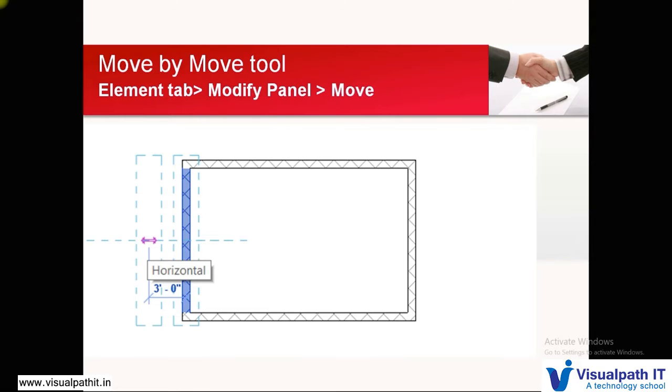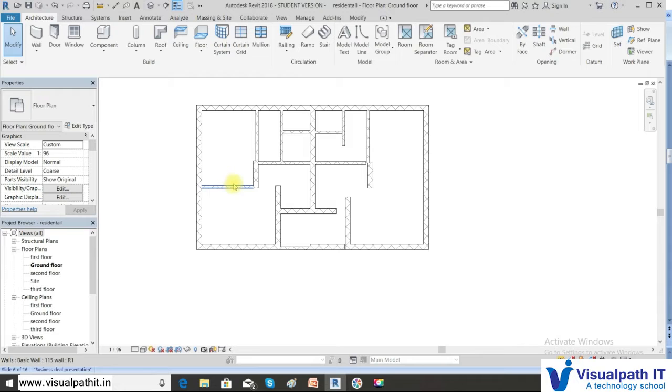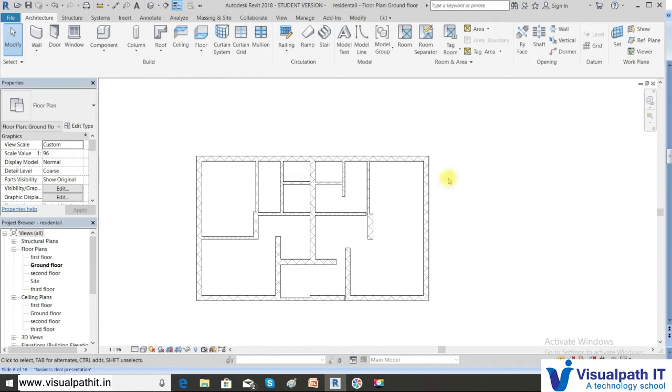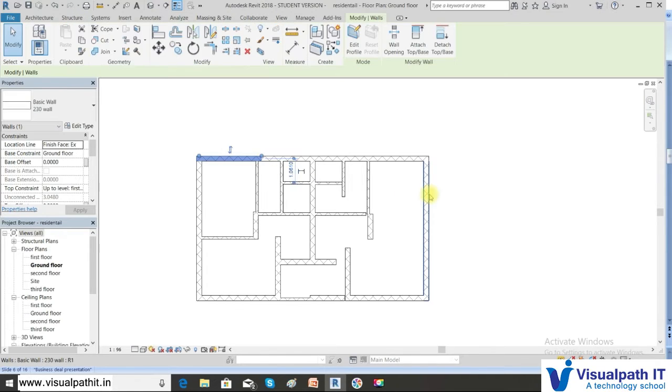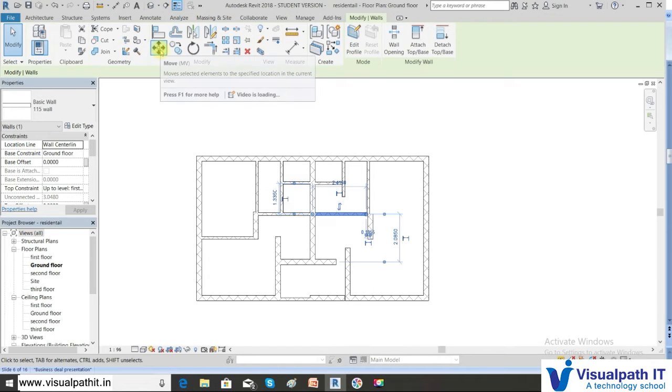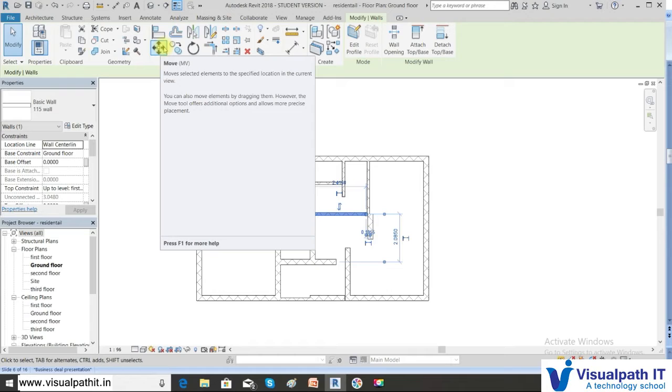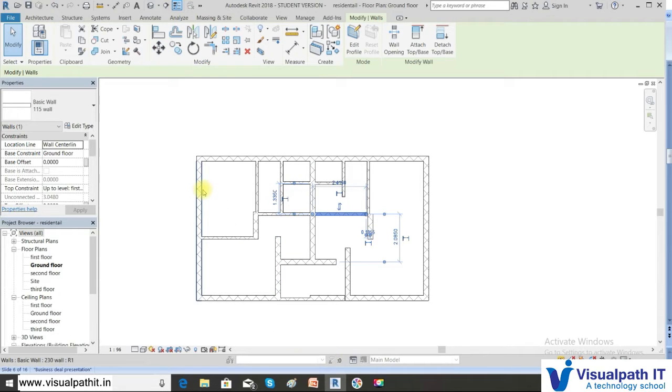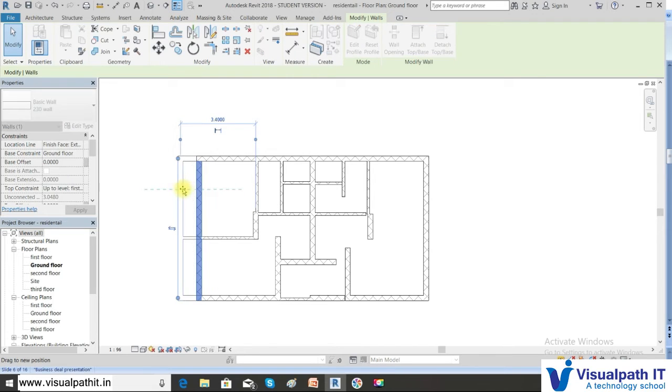So let us see in Revit how the move tool is done. As I told you, the modify tools don't appear by default. When you select an element, the modify tab appears, and then the modify tools come into this portion. You can see the command called move. The shortcut is MV. For dragging, you pick the element, press the mouse, and drag it in this way. So this is how one method is done.